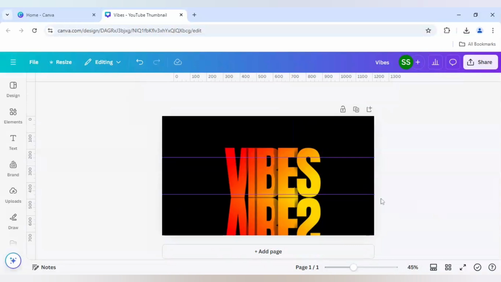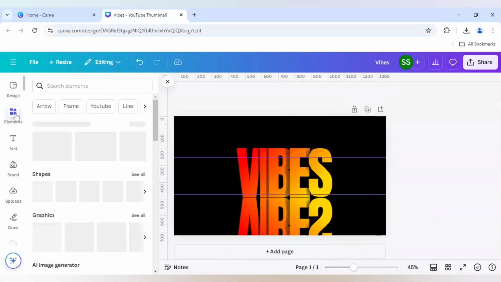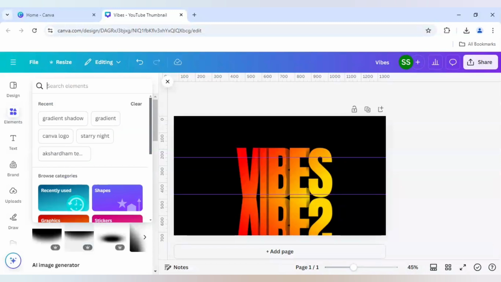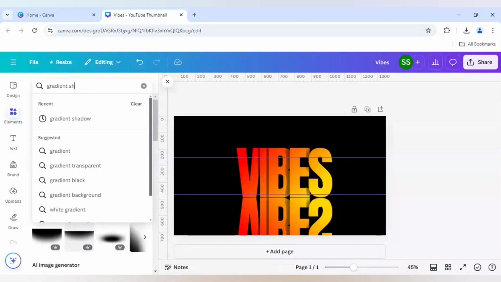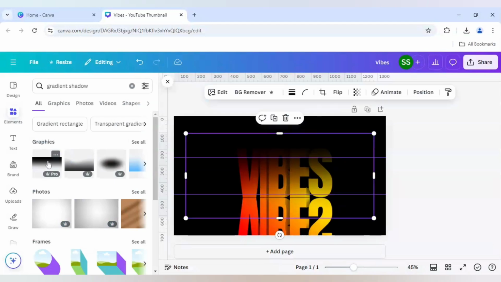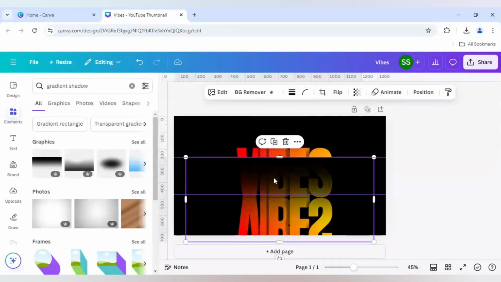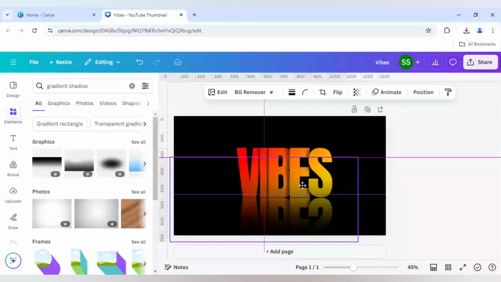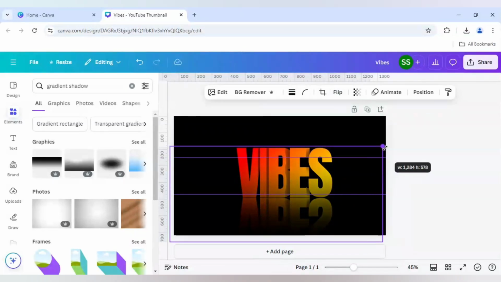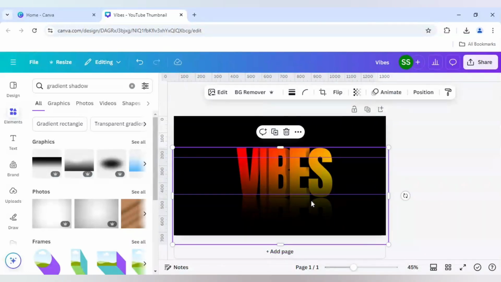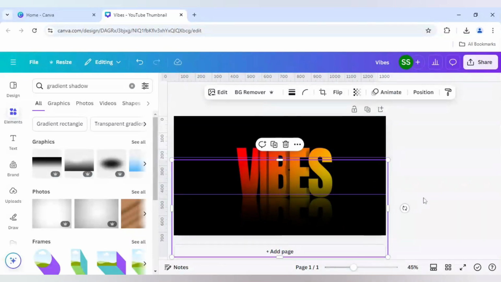After that, and click on gradient shadow and use the first one. Again, flip vertical, make it bigger, duplicate it and put it just below. Okay,